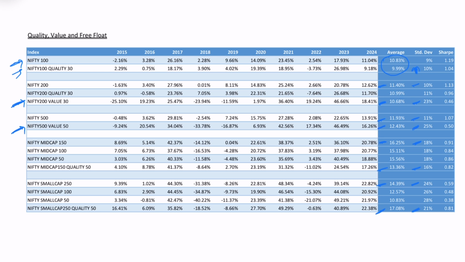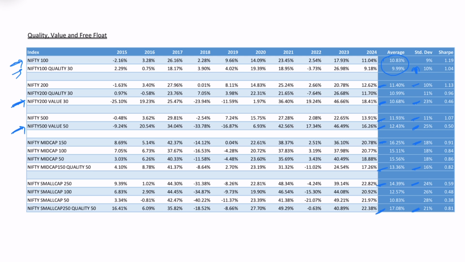So based on this initial data, we can believe that value also doesn't have much use, because it has a return which is nearly the same as the basic index, but it has increased the standard deviation so much. But if we see the last 5 years data for value,